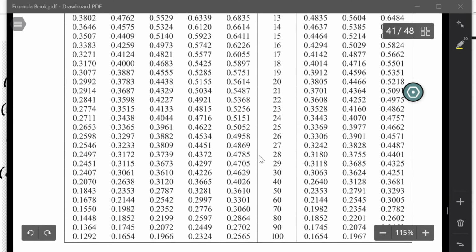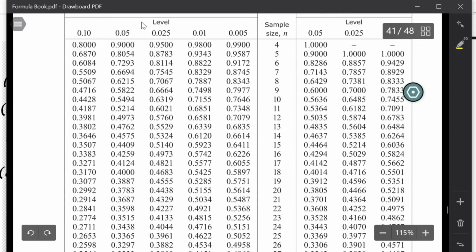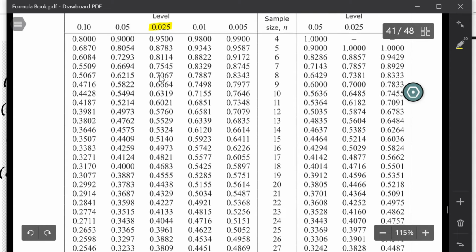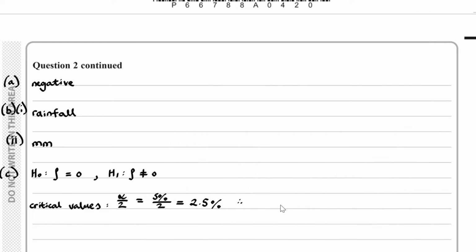Now, we have a sample size of 30 and we're looking at 2.5%. So 2.5%, we're looking down this column here. So therefore, the value we're after is this 0.3610. So our critical value, RC, that's equal to plus minus